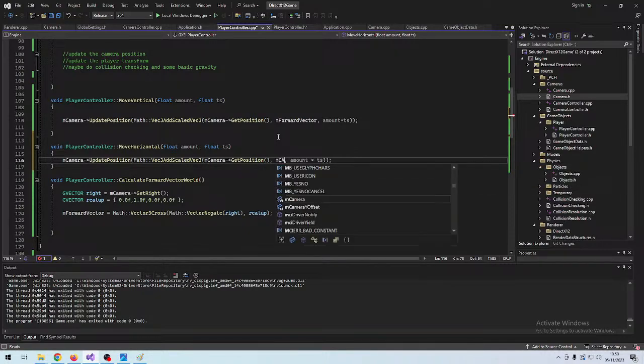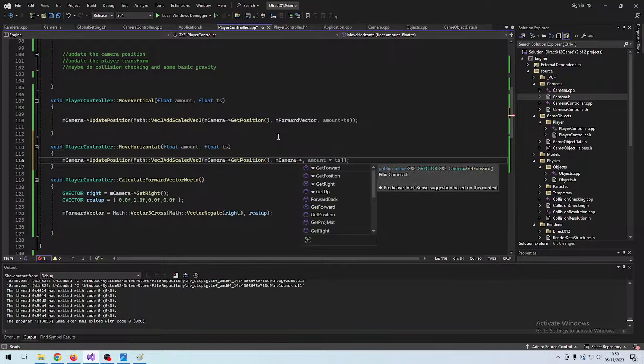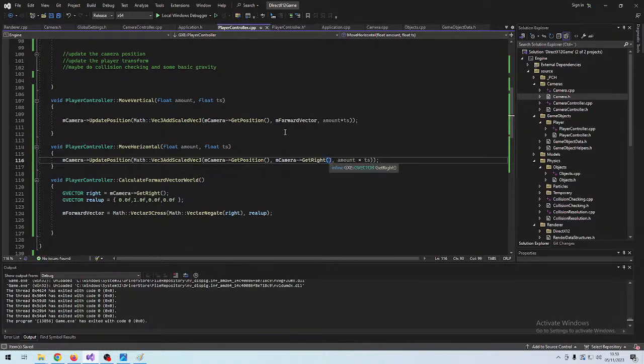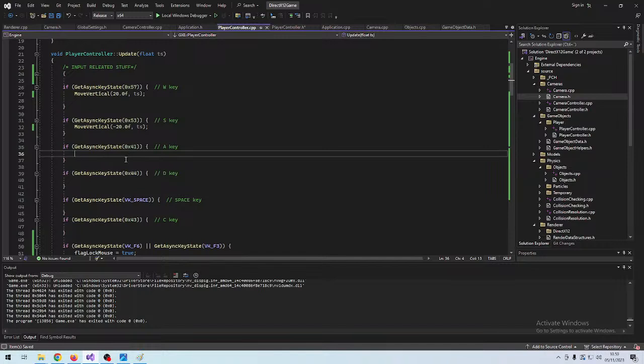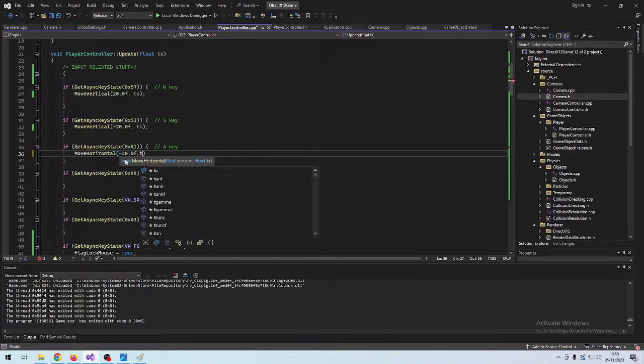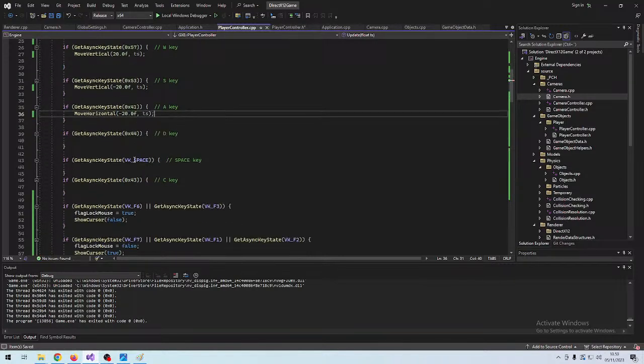Let's test it out with the camera's own right vector, because I think it will be wrong, but we might just see what happens. Move horizontal -20, and then get the time step and